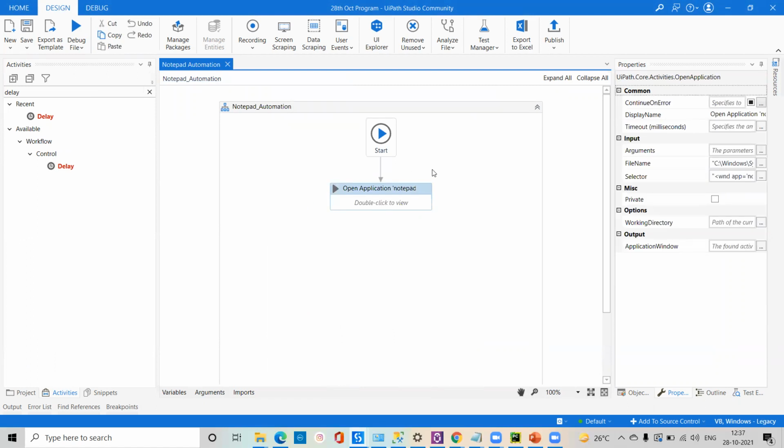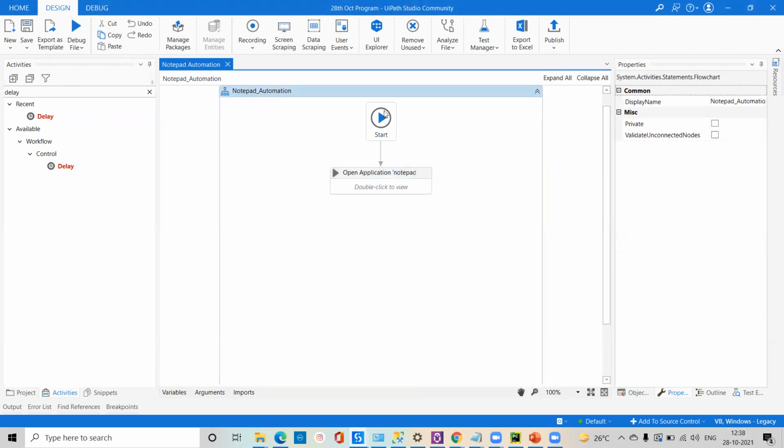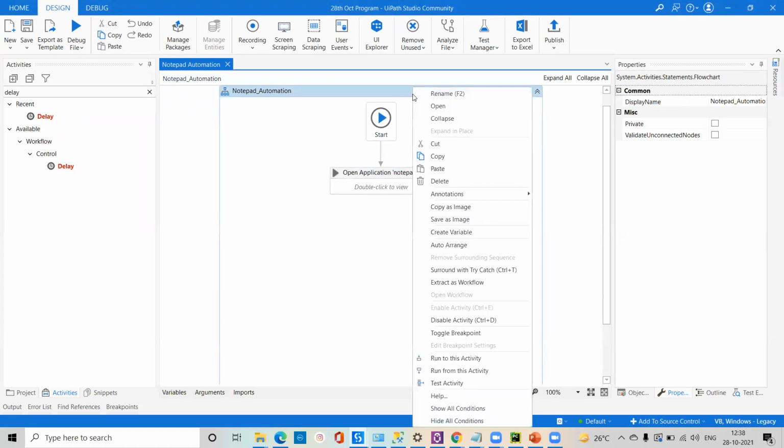Whenever you hand over this code to anyone, like your manager or client, everyone asks what you have done. So here you have to provide one reference that is called annotation in UiPath. Here we'll add one annotation. I'll click on this workflow and add the annotation.